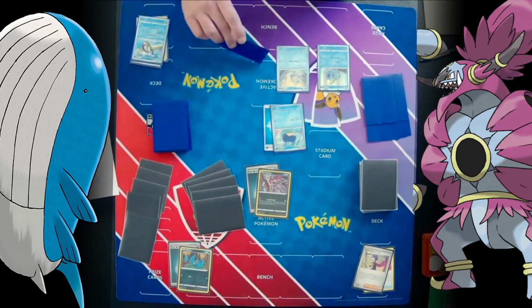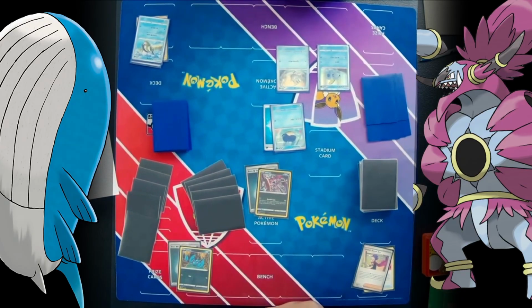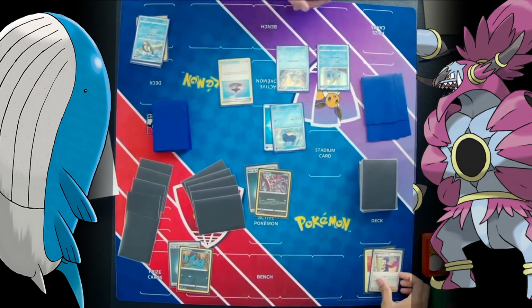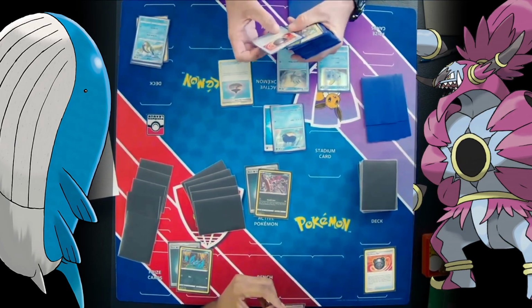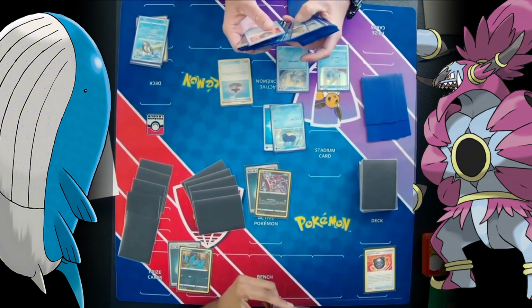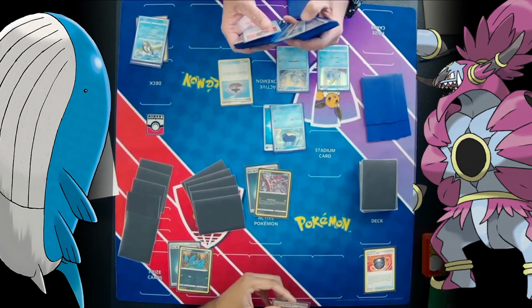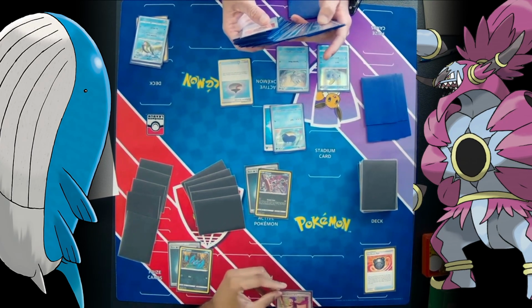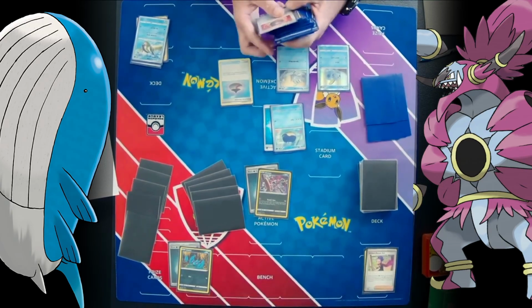So Wailmer goes up. I will say, while that was a good play for our Dark player, they need to take these prizes early. If they don't have any way to follow this up, it might wind up being a play that bites them. I still think you probably would have gone for it anyway, but hopefully for their sake, they've got something to follow it up. But Evolution Instance coming out, we'll see if our water player opts for, they have lots of